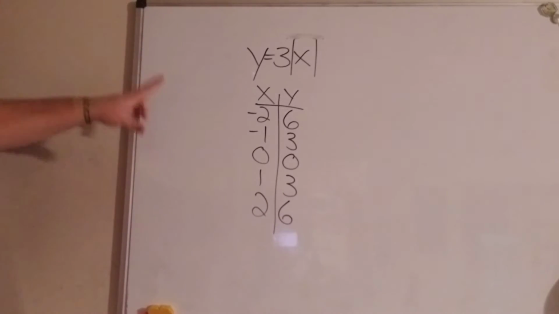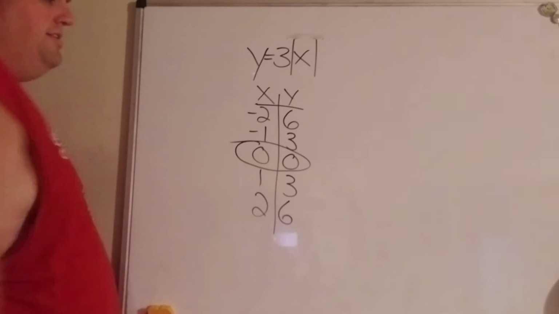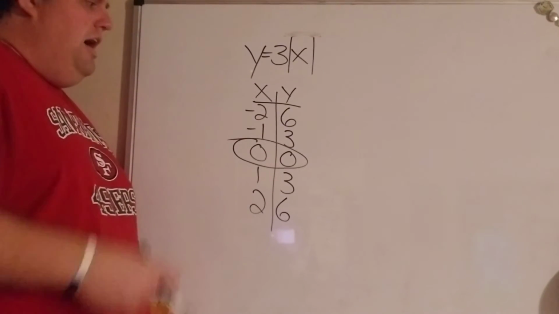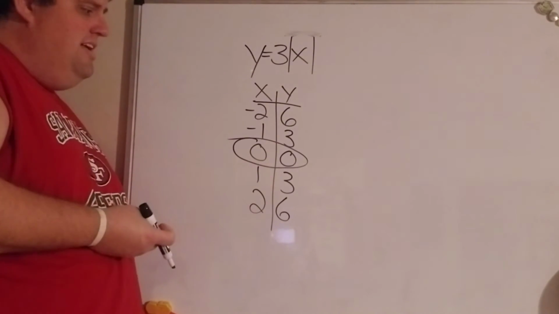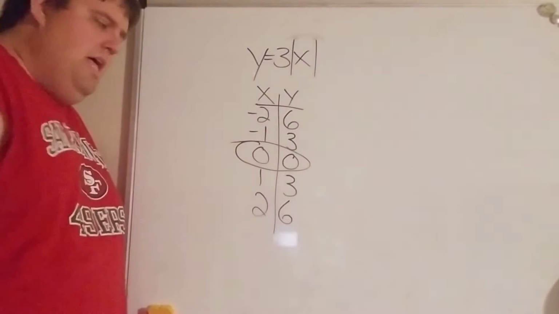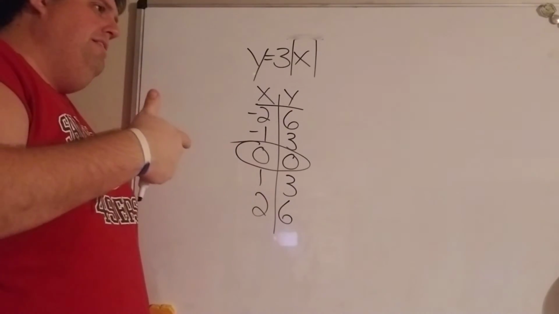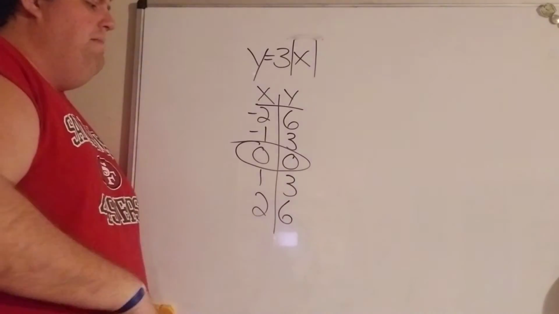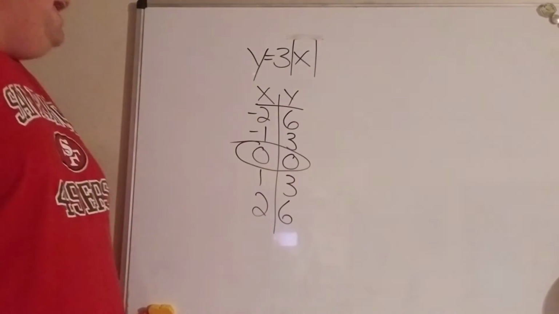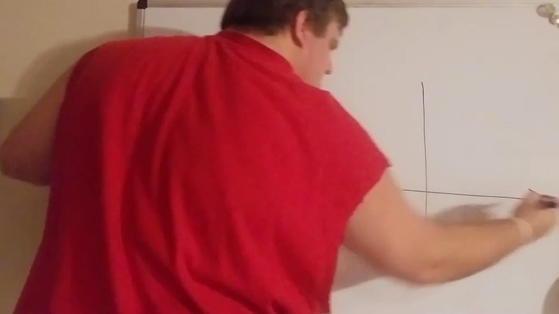So we can even tell in our table here where that vertex is, right? In this case, it's going to be 0, 0 again, because we see how it's symmetrical on both sides of the y values here. You guys see that? The x's are not always going to be symmetrical. This only happens really when your vertex is on a 0. But we can see that the y's are always going to be symmetrical. And so, if I graph this one,